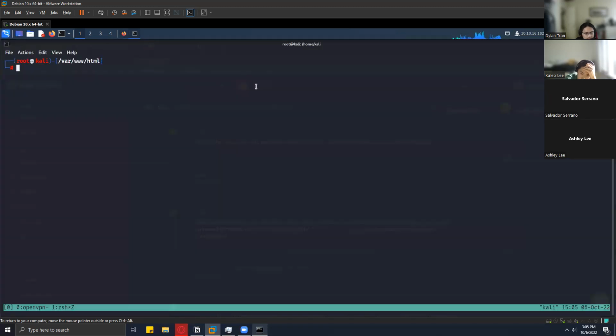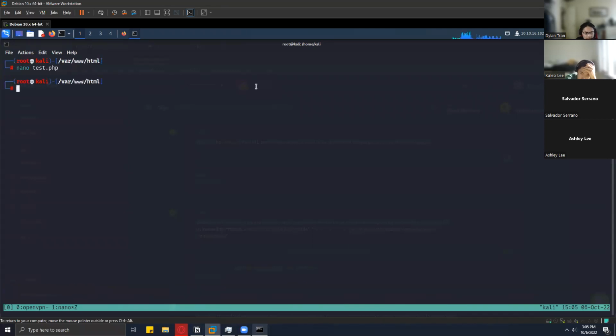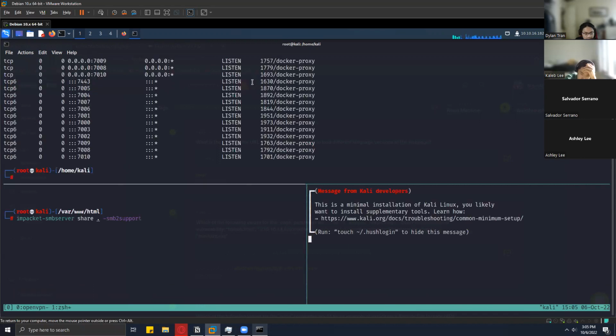So if I were to make a test file, and I'm just gonna type in some PHP text that I can think of on the spot, and if I set up an SMB server with this command, I'll copy and paste in the chat if anyone wants to take a look into this command. If I run an SMB server with this